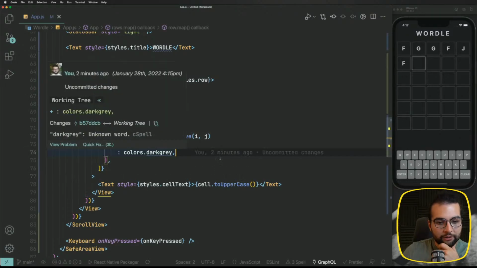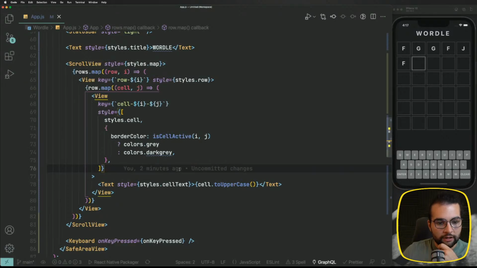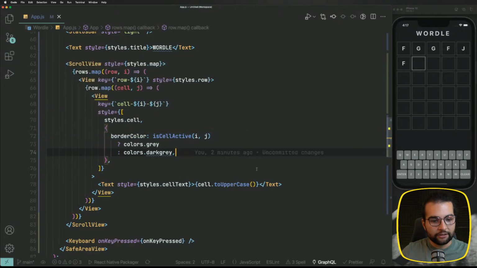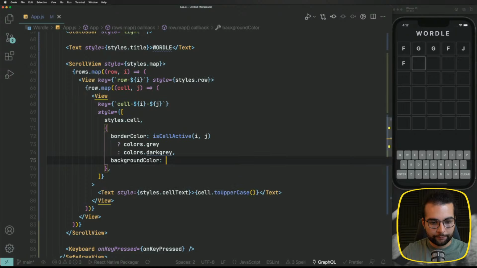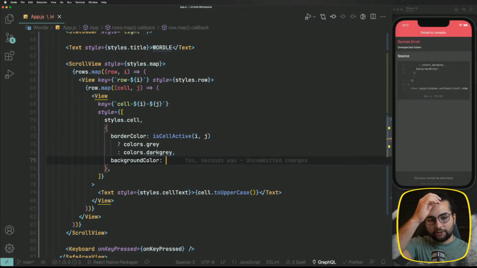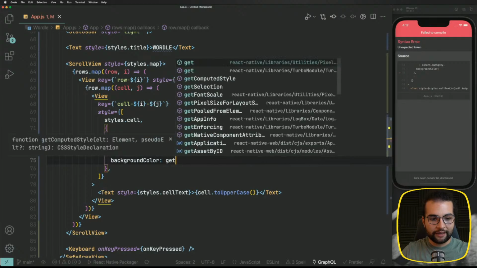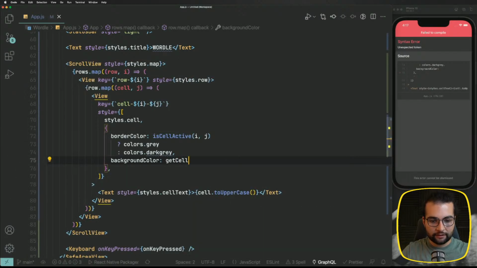So what I'm gonna do is add a new style here to these styles as background color. And I'm not gonna try to do all the if statements here, even though I can with the question mark operator, but we have a lot of them. That's why I'm gonna implement a function, getCellBGColor, and I will send to that function